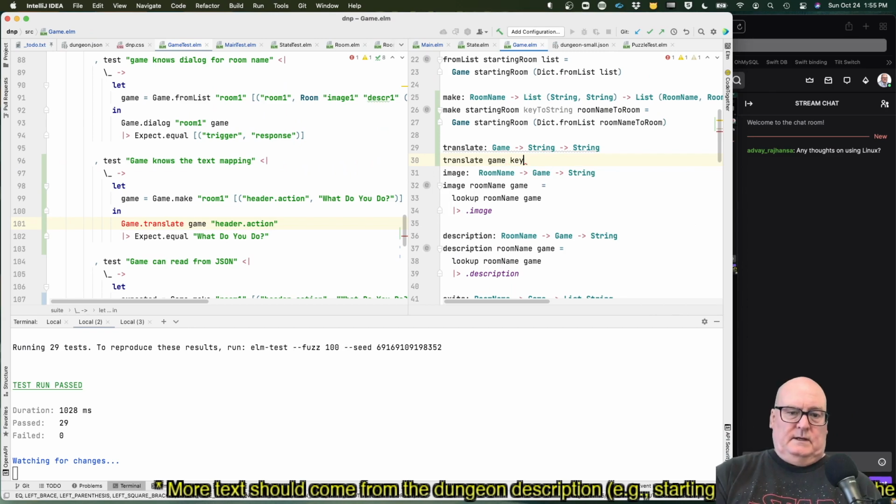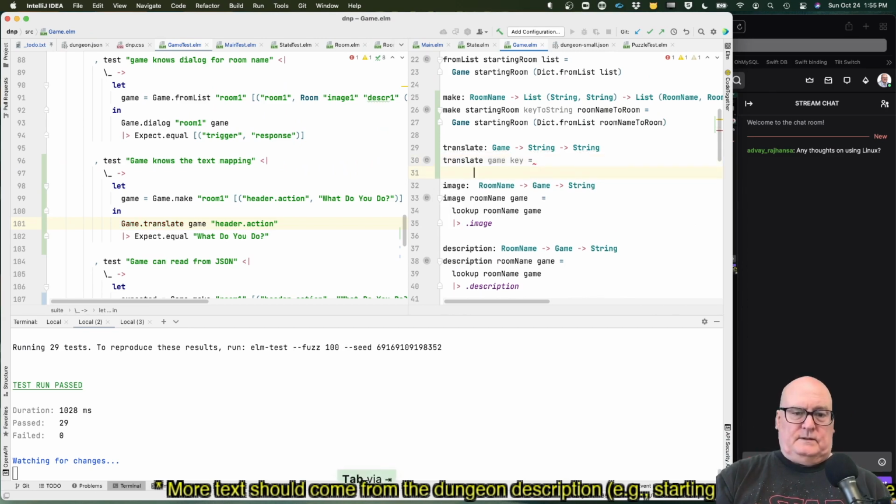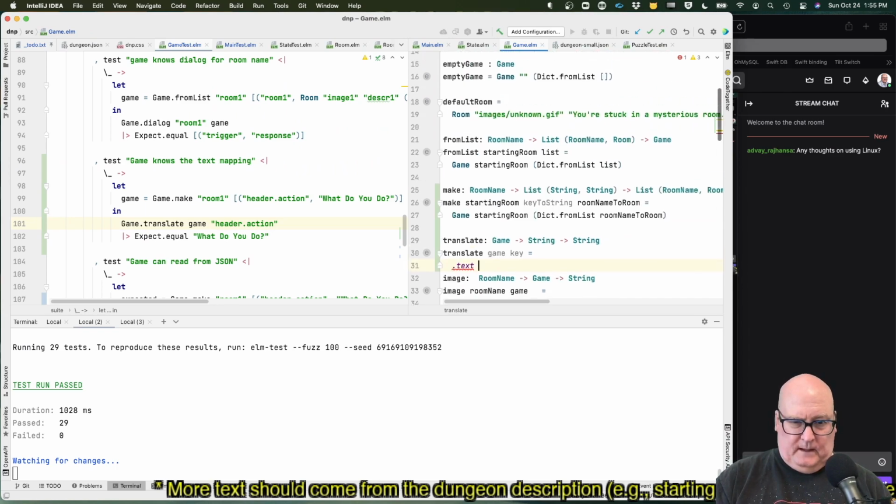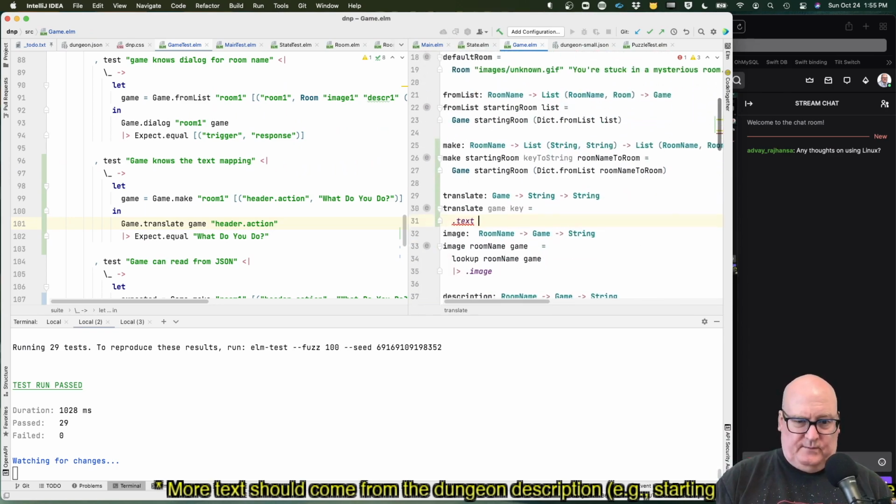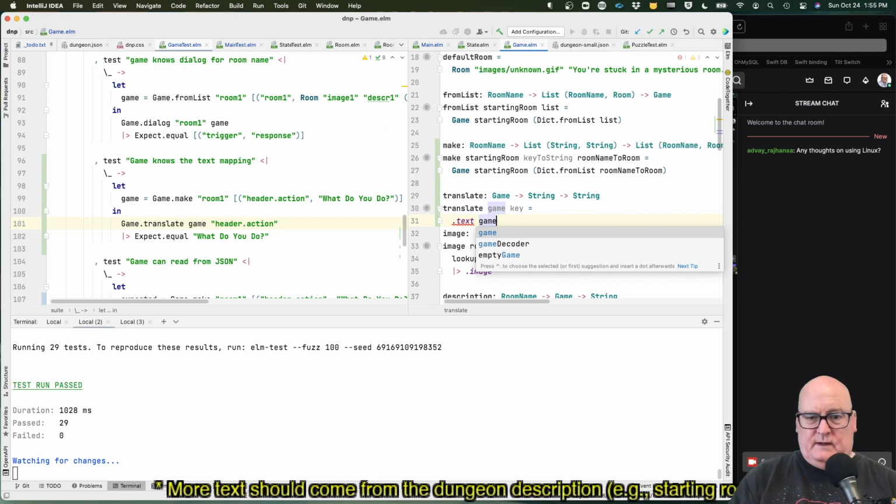Game key equals, we want to take the text for a room. For a room, let's see, text for, well, we want to take the text field from the game. Okay, that should be a dictionary.